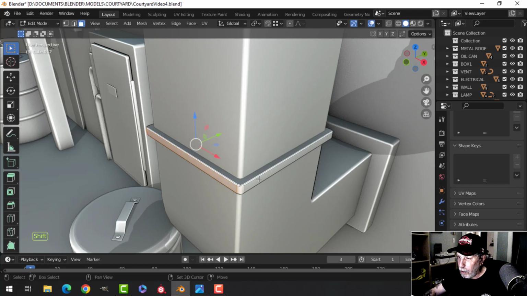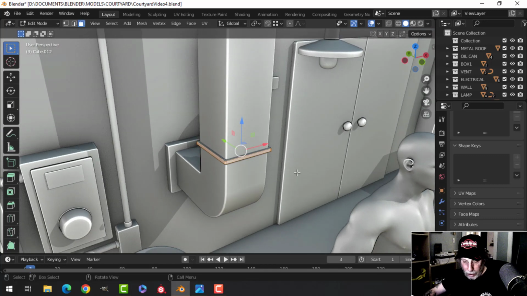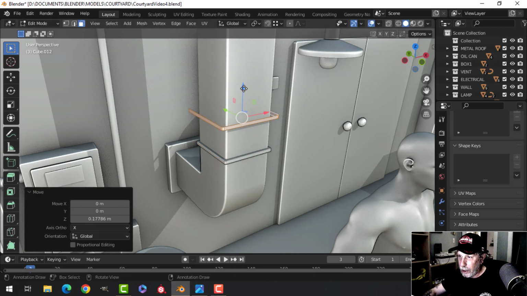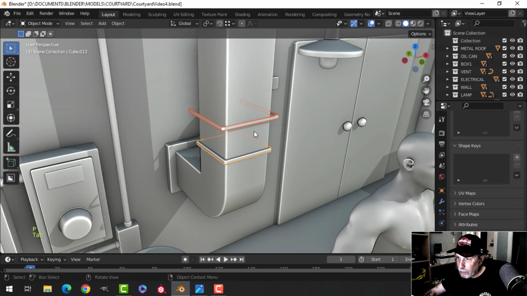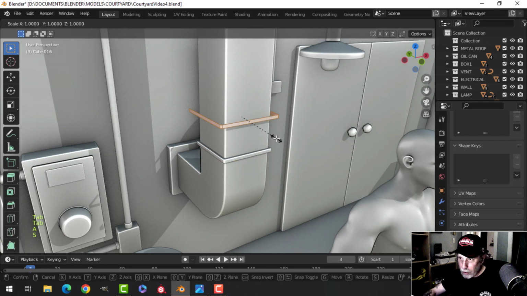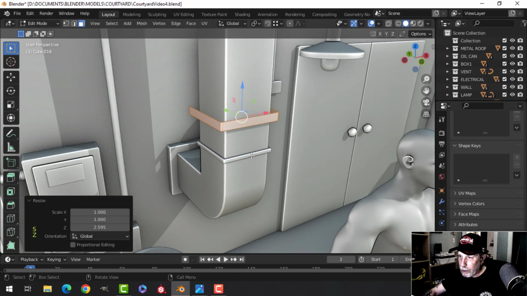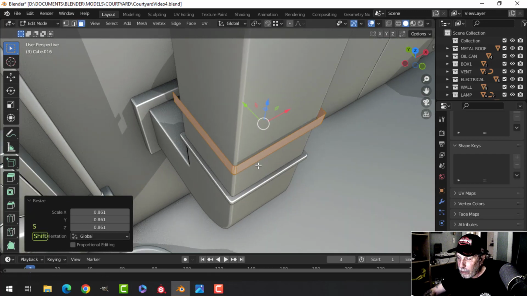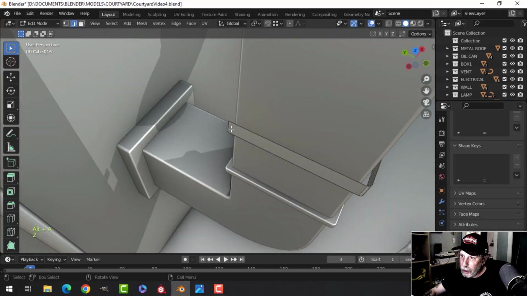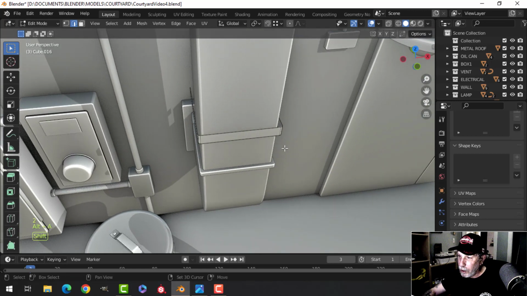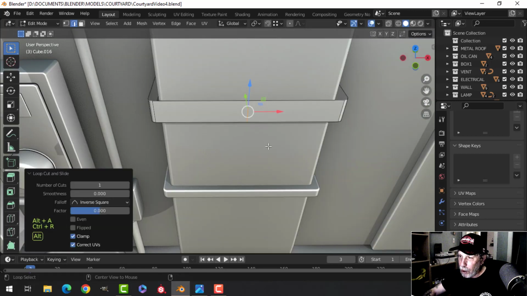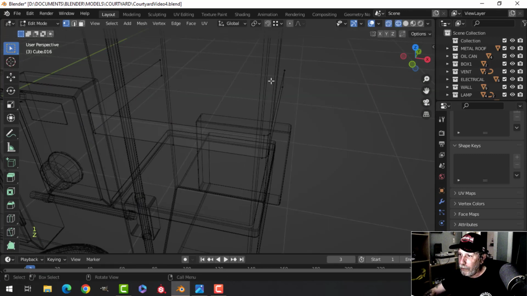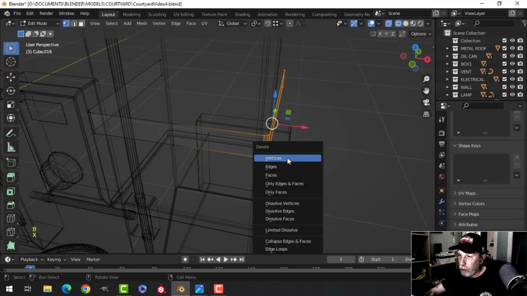I'm thinking of grabbing all of these faces and a Shift D and scale it out a bit, and I'll just get it out of the way and break it out. And let's give this some more depth like that. I'm going to scale it in actually, and what I kind of want to do is mirror this instead, so I think I'm just going to drop an edge loop right in the middle, and I'll do this in wireframe, just get rid of this whole side,